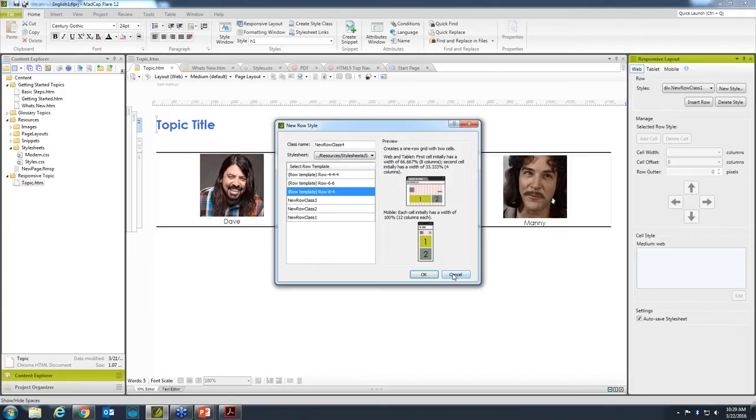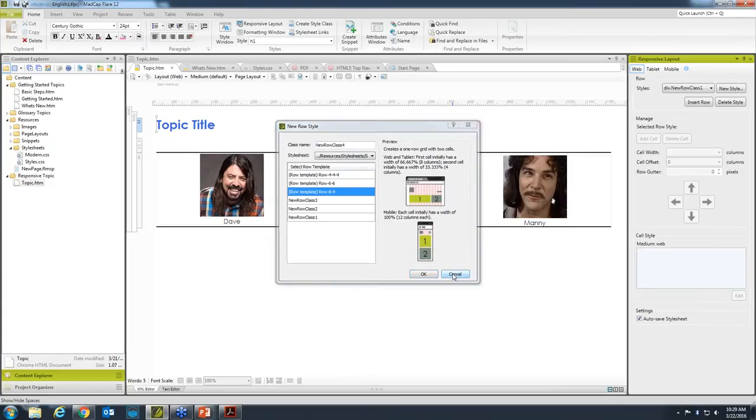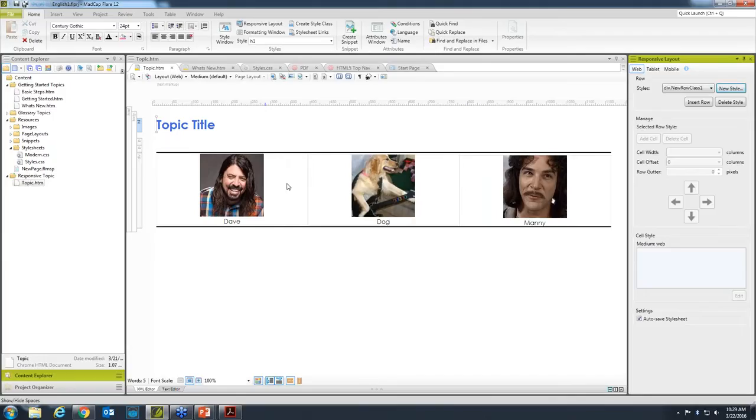So if you wanted to continue to add rows and build your own styles, you can using the new style. But I created my row. I dropped in my images. I want to just point out a few effects. We can use this responsive layout editor to adjust and change a lot of things. We can add some cell offset. We can add some guttering between them, so as they stack, if you want to add some spaces in between